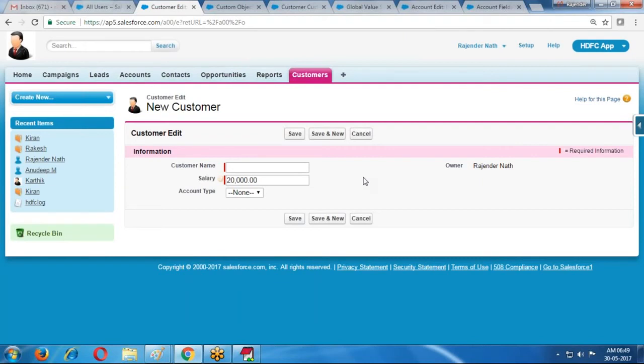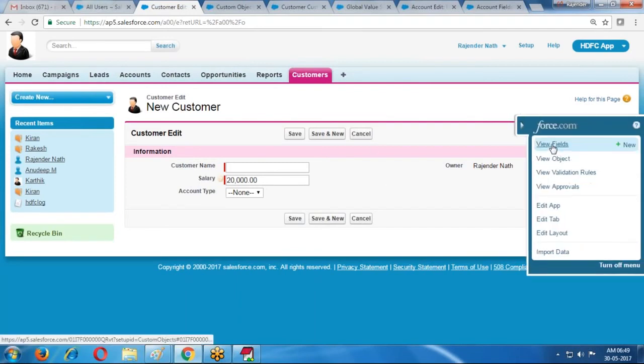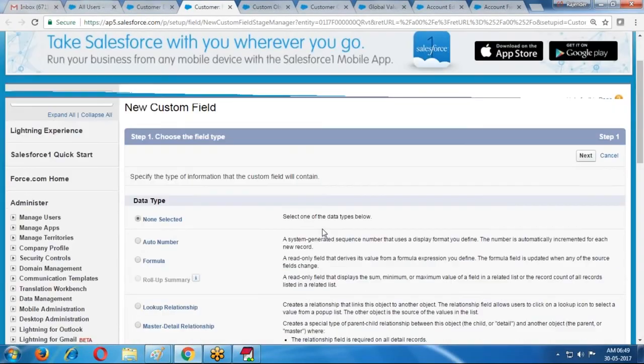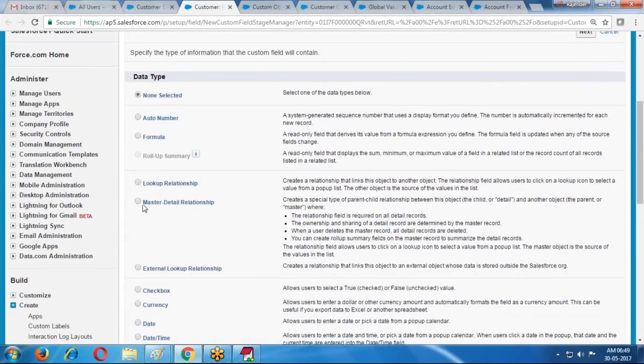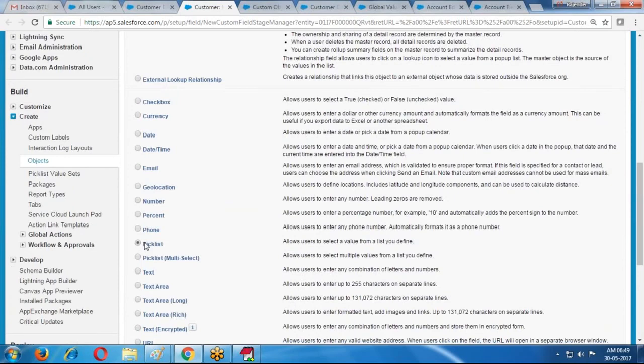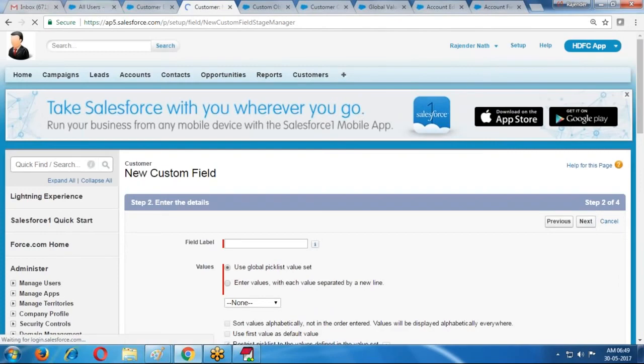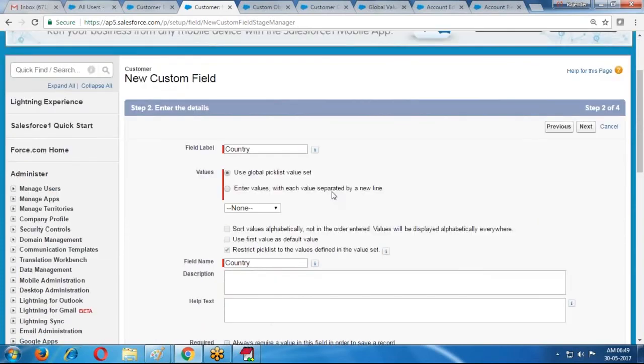Suppose country is required, and that country is required only for customer. Directly create a country field: view fields, new field. In the new field creation, I select the pick list type only. Country is the field name. But there are no country values in the global pick list values.